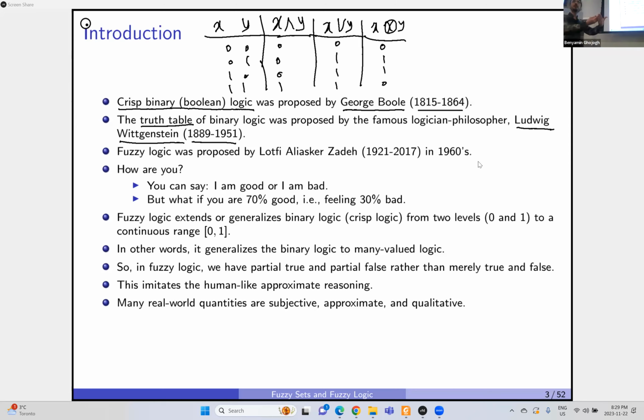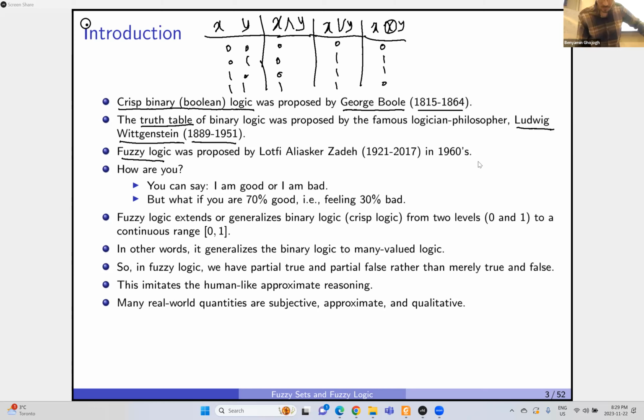When you read the papers of Gottlob Frege, he was in the previous century. He died at the start of the previous century. When you read his papers, you don't know whether you are reading a paper in philosophy or mathematics. It has equations, but it is a paper in philosophy. Okay, interesting. Anyways, fuzzy logic